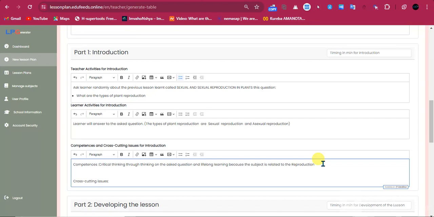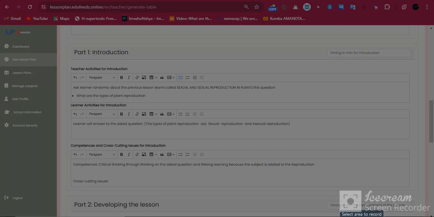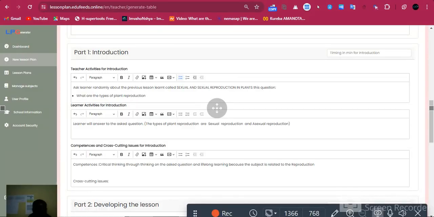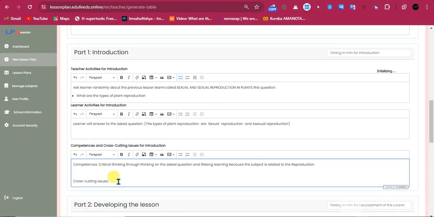There may be, let me see, cross-cutting issues.